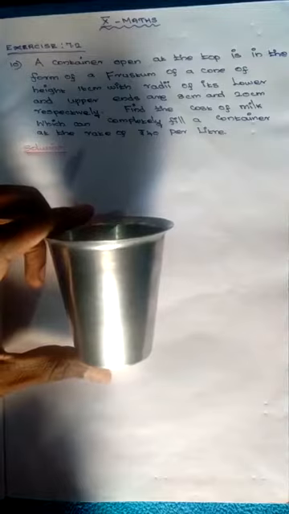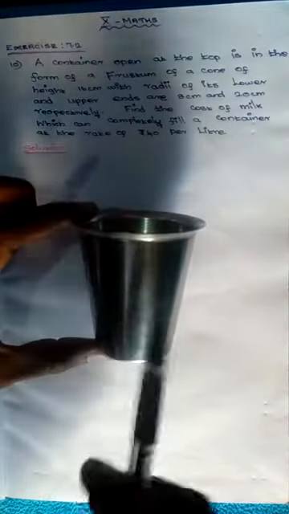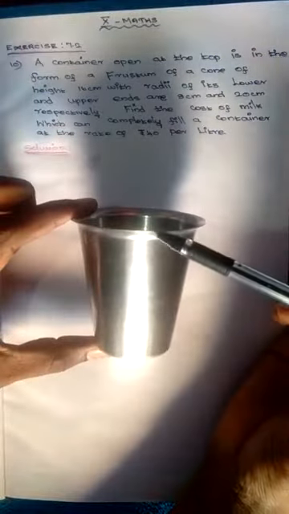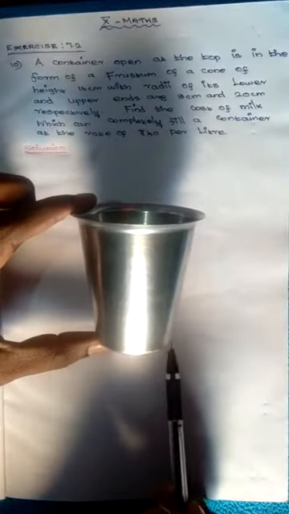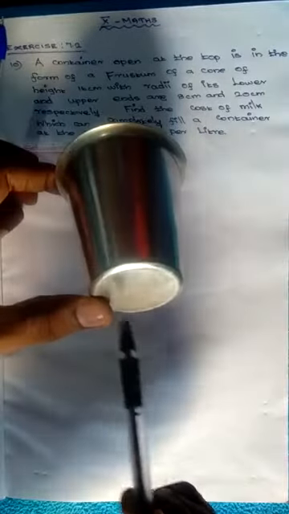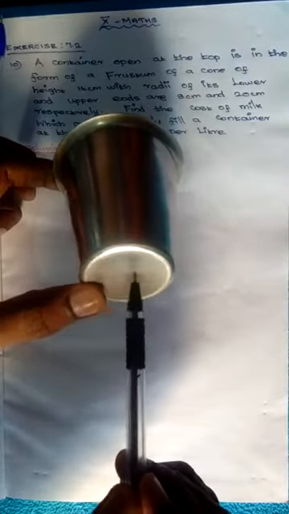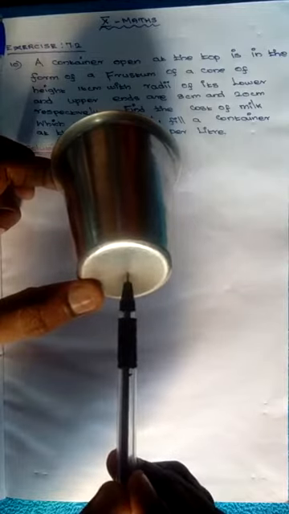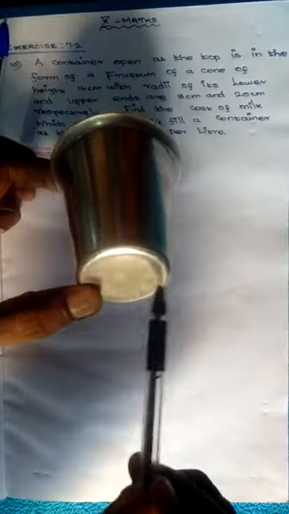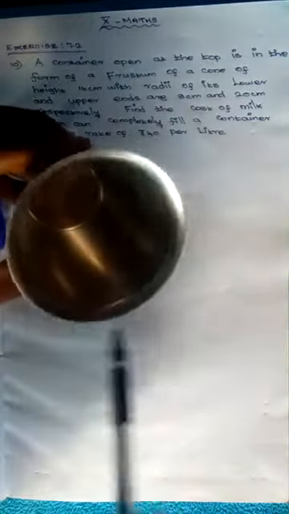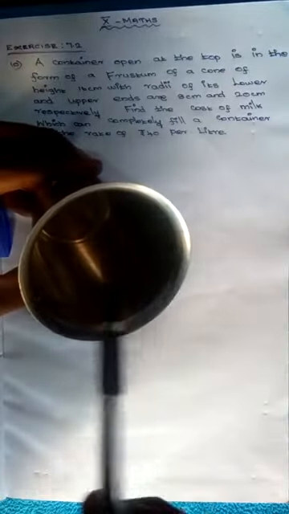First, we see the container of a frustum. For example, a tumbler is a frustum of a cone. This one is the height. This one is the smaller base circle. From the center point to the end is the small radius, small r. And the upper circle, from the center point to the end, is the radius, capital R.